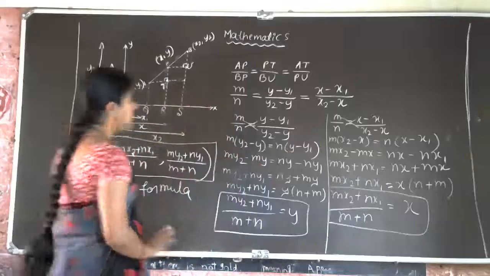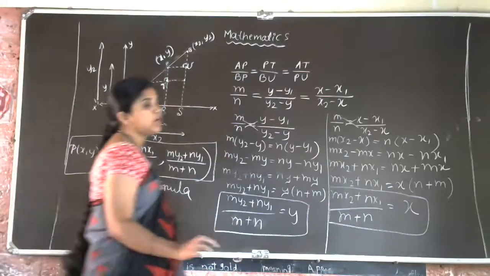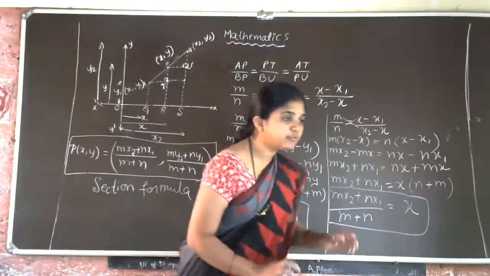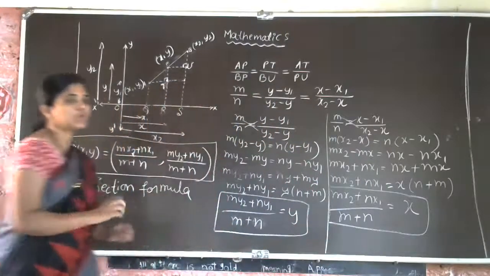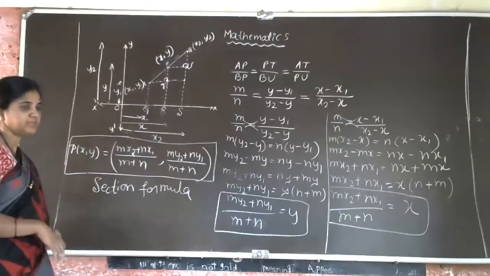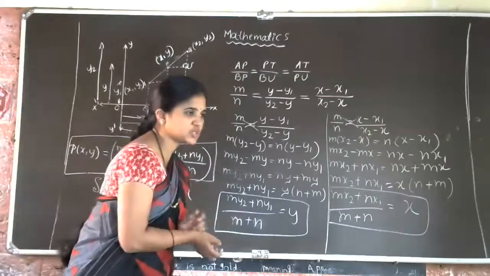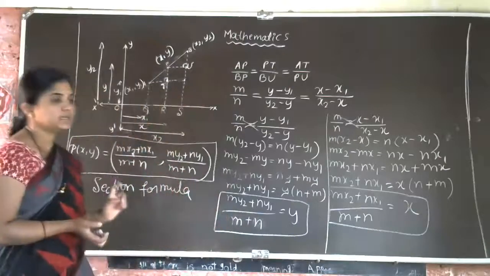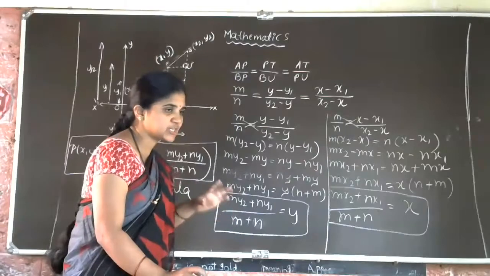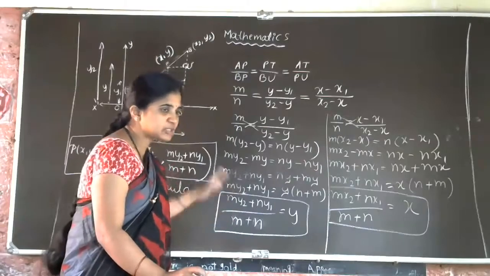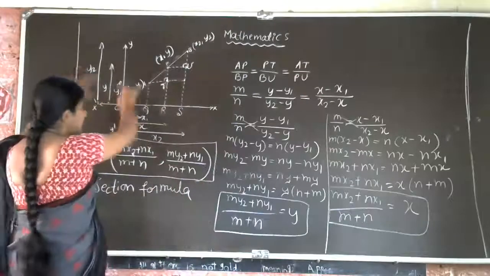Yes. So now you got the idea of this derivation part. Now, if anybody is having confusion in the derivation part, you can raise your hands. I'll explain one more time. Otherwise, we'll end the section formula and I'll go to the next concept. Is anybody having confusion in the explanation of the section formula derivation? So this is the derivation of the section formula. So the diagram and all is clear now?